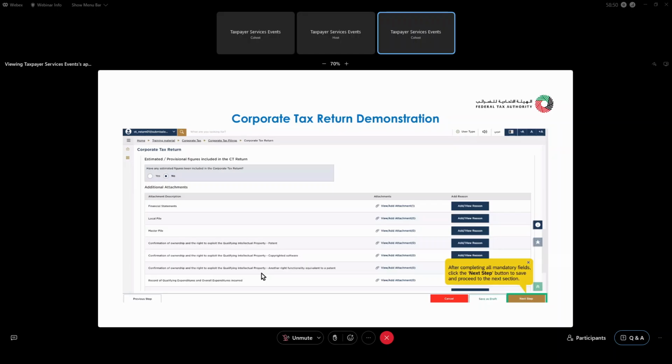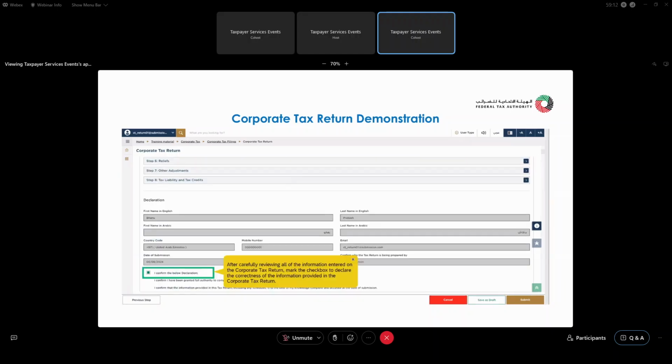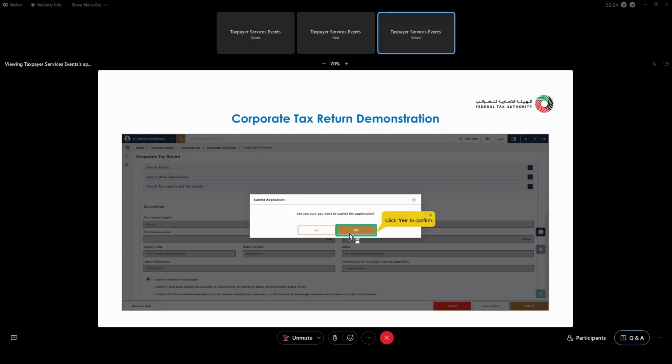So the ninth step should be reviewing and declaring all the given information, where it will highlight all the details entered by you. You will have a final review before clicking on the checkbox at the end of the page, confirming that after carefully reviewing all the information you've entered, you declare that all the attached documents and all the information are correct. You will click on submit and yes, and with this your corporate tax return has been submitted successfully,